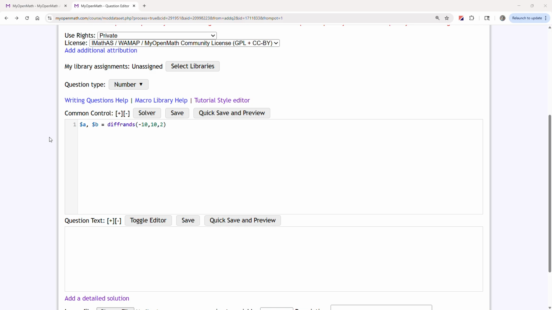I've already typed some code in the common control to generate two different random integers between -10 and 10. Now what we want to do is add to this by including a where statement. A where statement just allows us to add some additional control to how these variables are generated. In this case, we're going to add the statement where, and then in a set of parentheses, a plus b